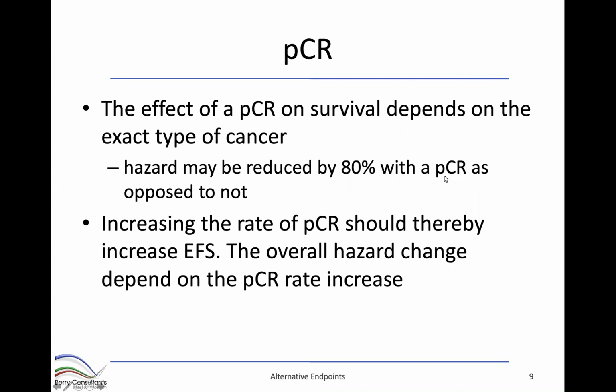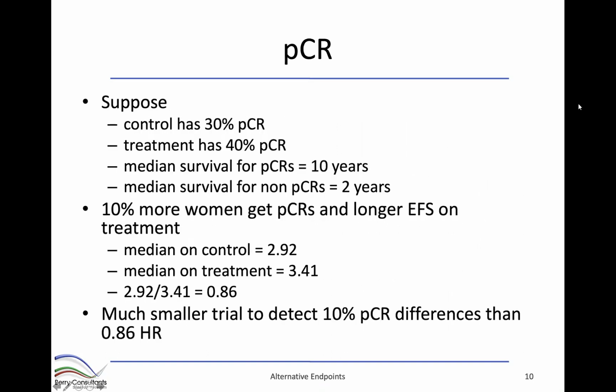that with a PCR you're expected to live longer as opposed to not, then if you can show that you increase the rate of PCRs, you should thereby increase event-free survival. And so the exact hazard change will depend on how much you increase PCR. So just a kind of example here,